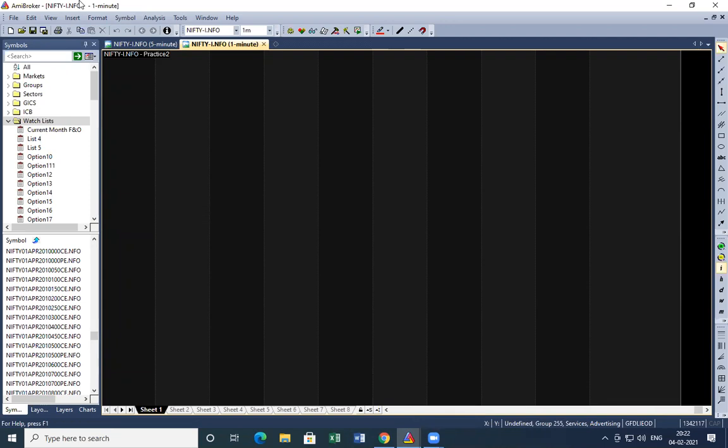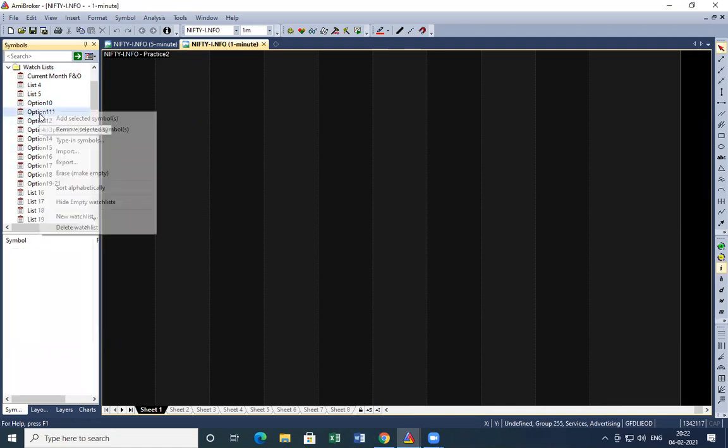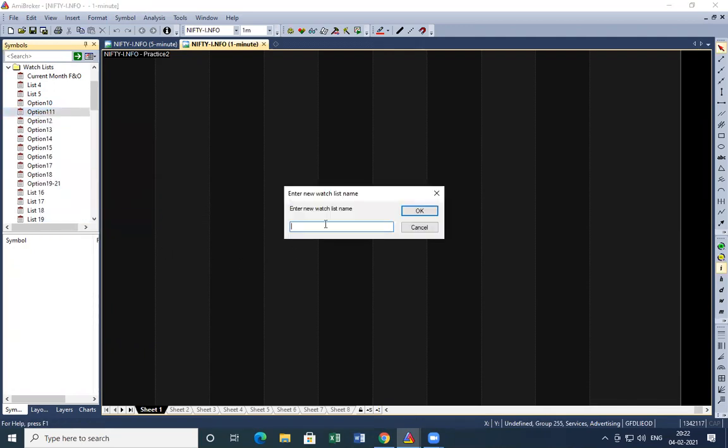In order to run this scan, you have to create a basket of stocks on which you want to run this scan. To create a basket of stocks, you have to create a watch list first. So go to the symbols here, and under watch list, right click anywhere, go to new watch list, and create a new watch list by giving any name.